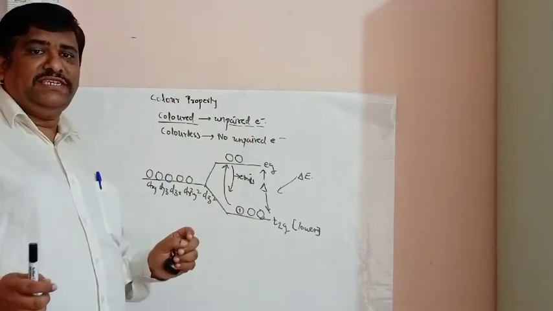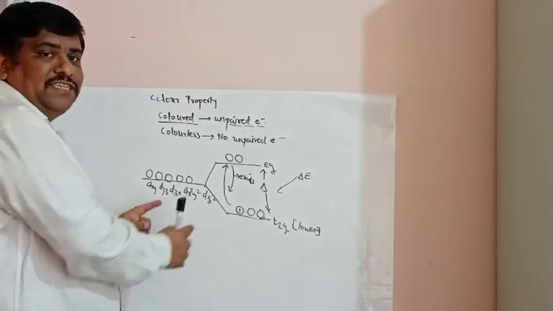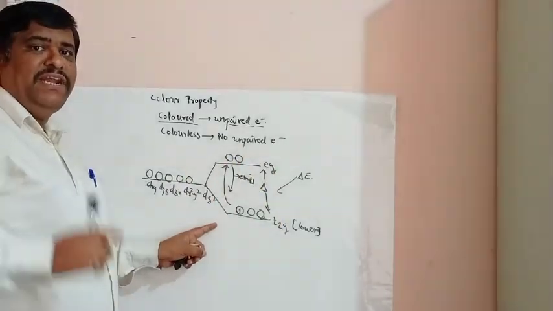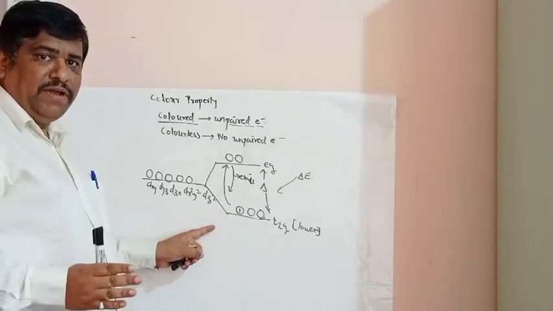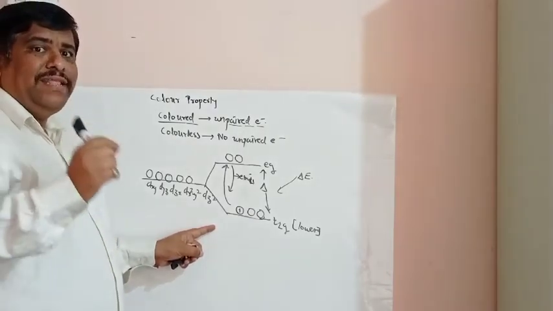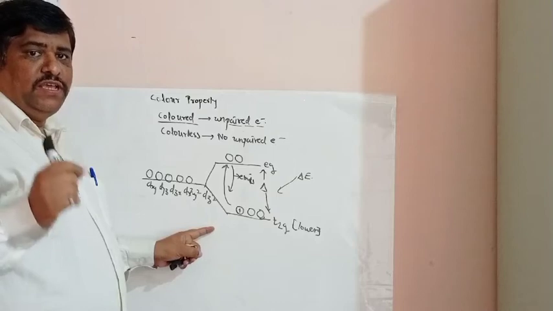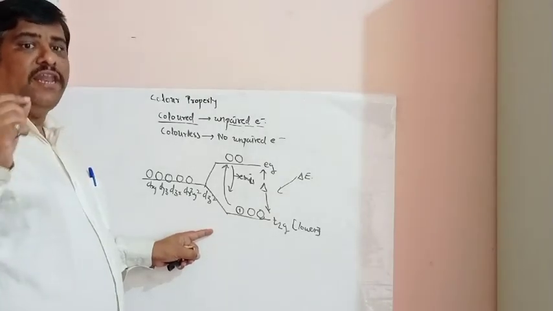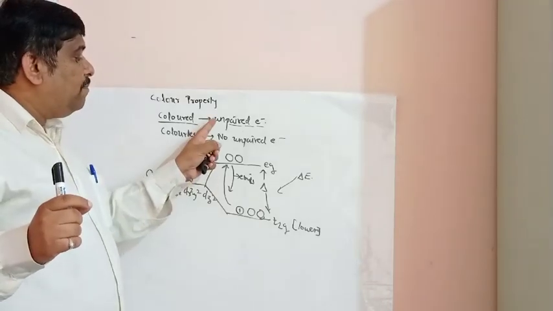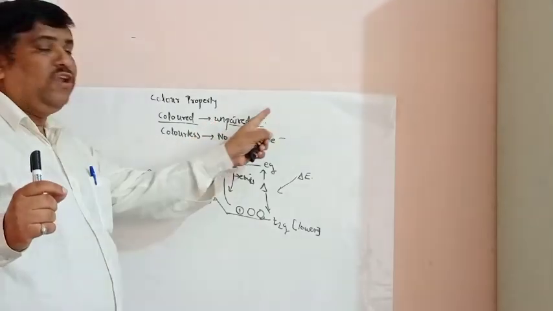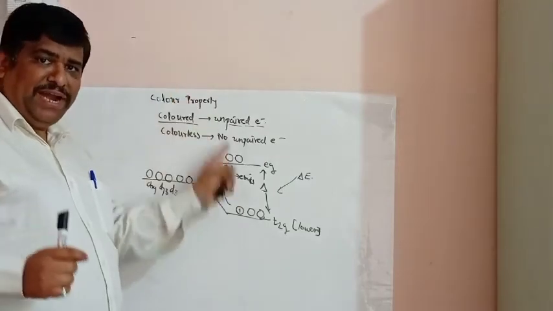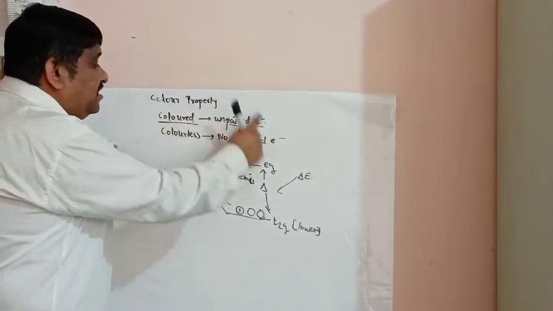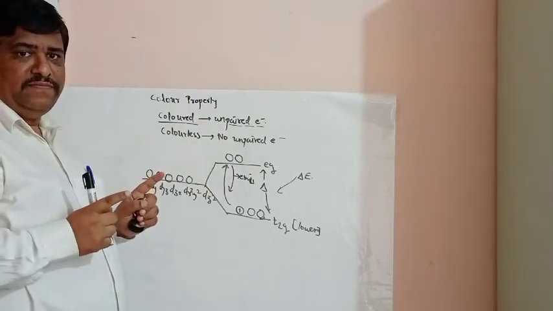In the examination it is not necessary to explain this. I have explained this for the CET and JEE examinations. But in the theory paper, what they are going to ask is why the d block element shows the color property. The d block element shows the color property because of the presence of unpaired electrons in it. They have unpaired electrons, therefore it shows the color property. This is the one reason you are going to remember here.